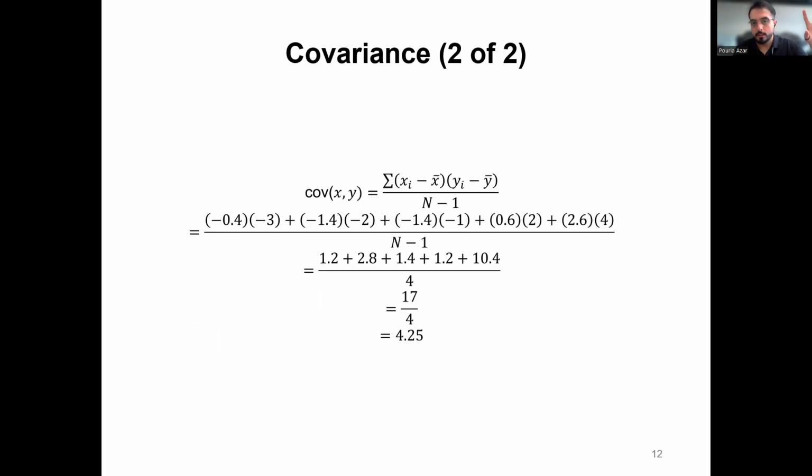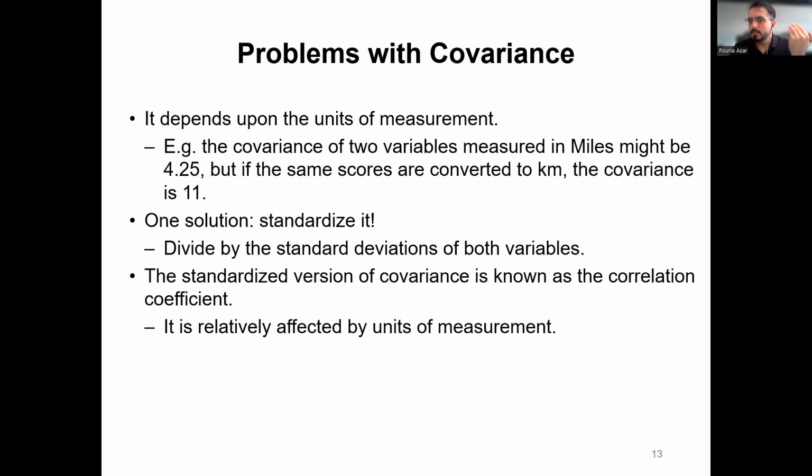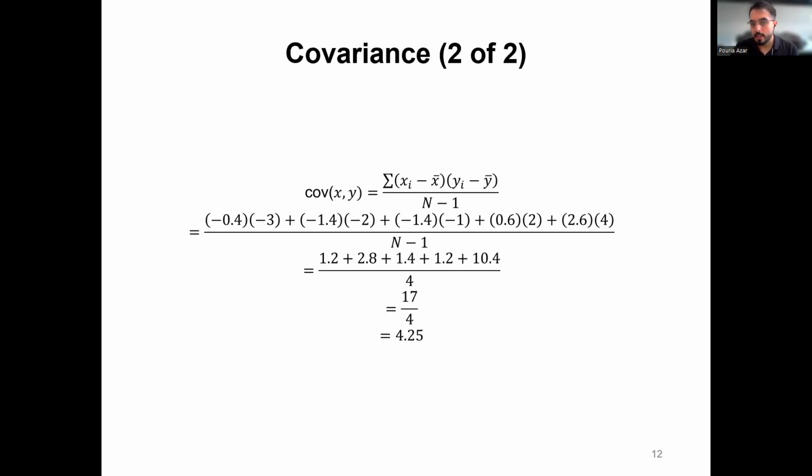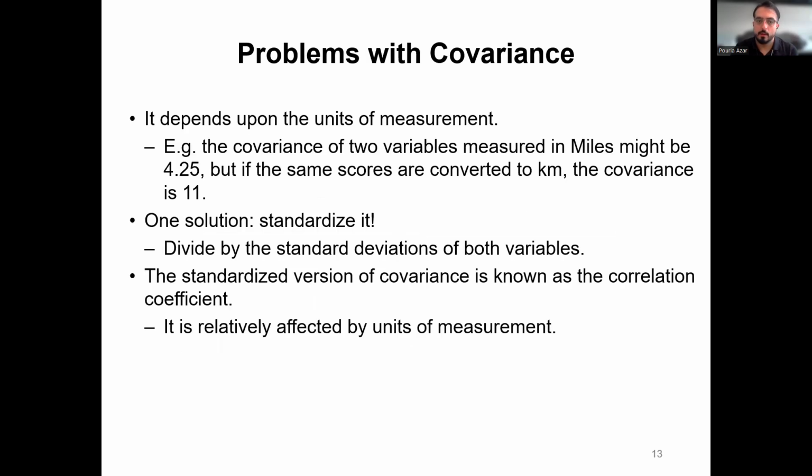If we plug the scores we have in the table into this formula, it will give us 4.25. That's the covariance between variables x and y. There are some problems with covariance. It's true that we can easily calculate covariance by plugging the scores into the formula, but there are some problems here. First of all,